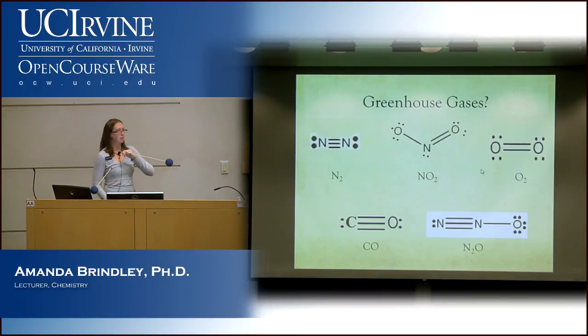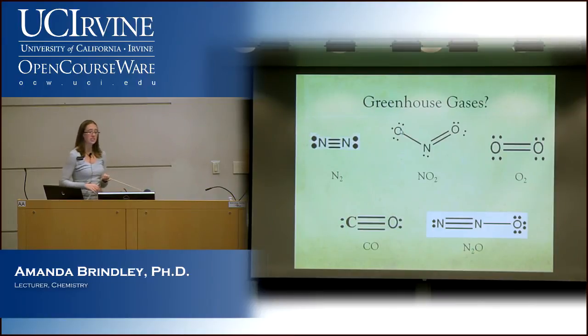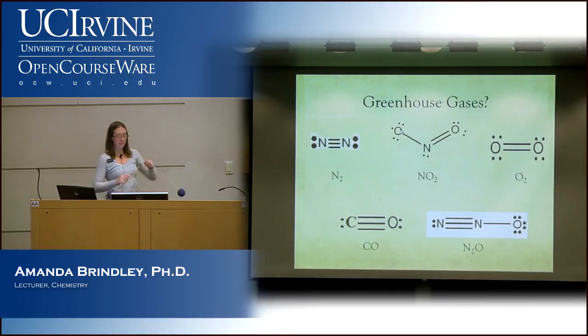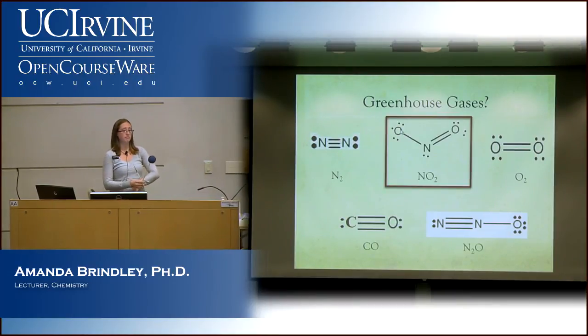No, right? Because is it really a double bond? No, right? Why? What's the word here you're looking for? Resonance, right? Really that double bond is sort of split between here and here. We say those electrons are delocalized, so they're kind of going in between. So yeah, this one's going to be a greenhouse gas. It has a dipole.